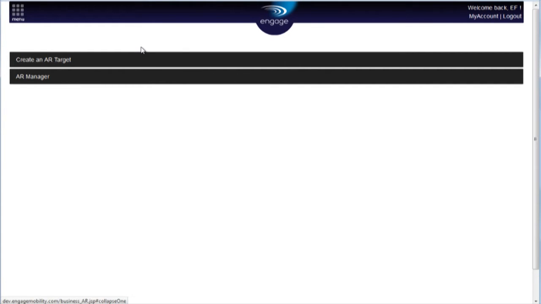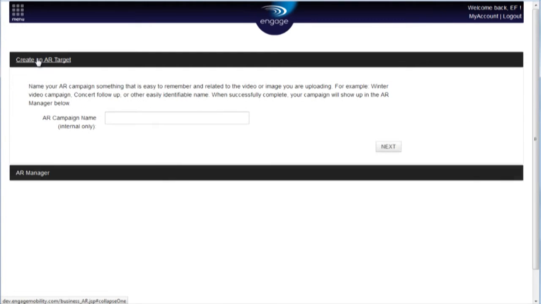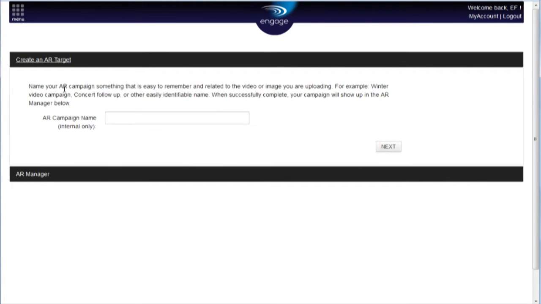So getting back into the platform here, we've got two sections in the AR, or augmented reality, section. One is the create a target, and the other is the manager. So the first thing you're going to do is create your AR target, and the process starts by you naming your campaign. And you want to name it something that's easy to remember, something that's related to maybe the video or the campaign,